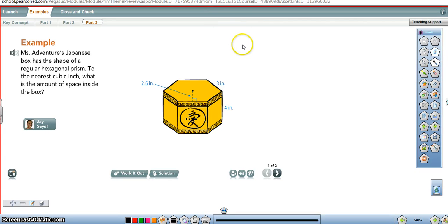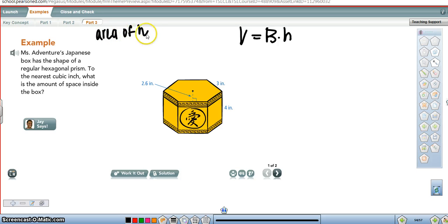To find the volume of any prism, you do the area of the base times the height of the whole prism. Well, the base in this case is a hexagon, so we need to find the area of the hexagon. And I think just because this might get a little sloppy, I'm just going to do the area of the hexagon over here on this side, and then I'll use that in my volume formula, just so things stay more clear and less confusing. Well, for the area of the hexagon, I know I need to find the area of the triangle, 1/2 times base times height, and then I can multiply that triangle times 6 to get the area of the whole hexagon. If I focus in on one triangle,